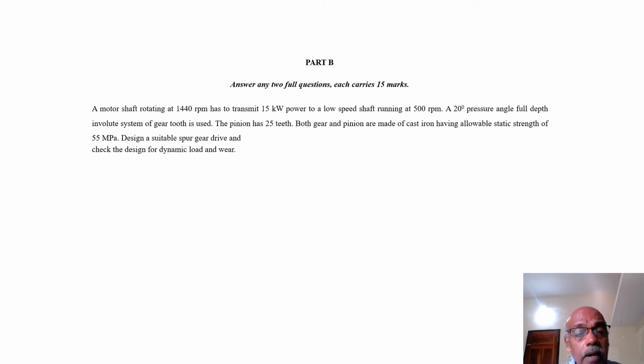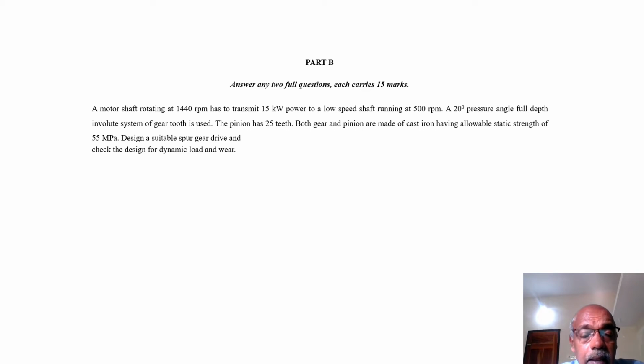Checking the equation for dynamic load and wear is directly available in the data book, on the next page. When you substitute that, you can see that it will not be tallying sometimes. If it is not tallying, what you have to do is, first the center distance equation I mentioned, you have to rectify, modify some parameter you have substituted using the basic theory of materials or some theory.